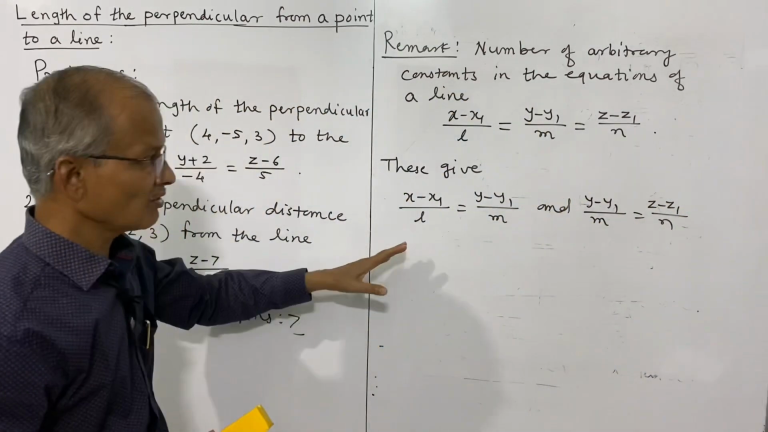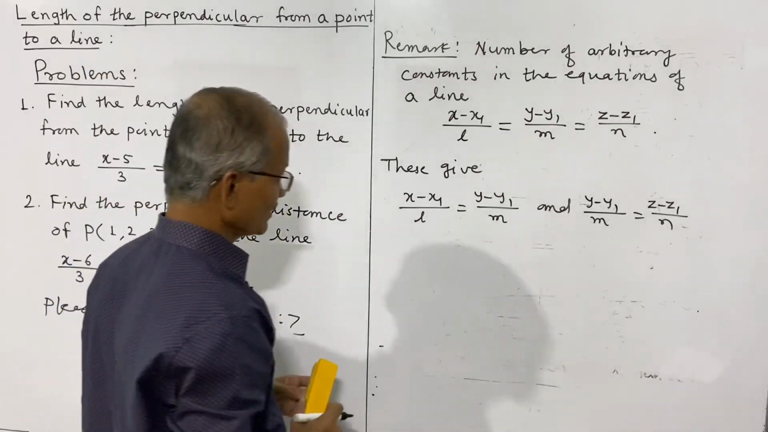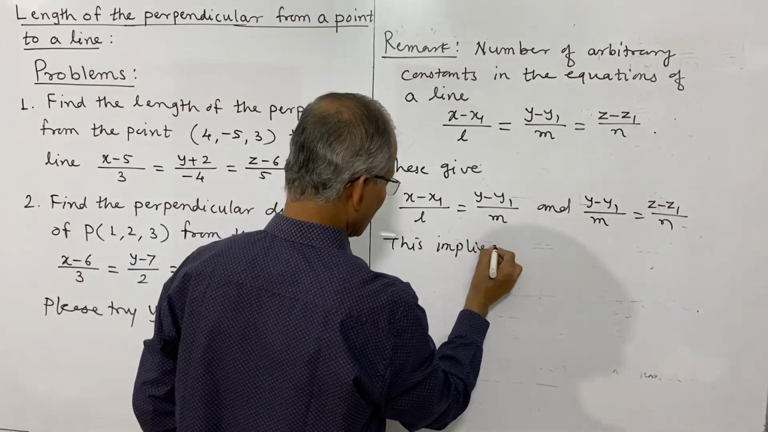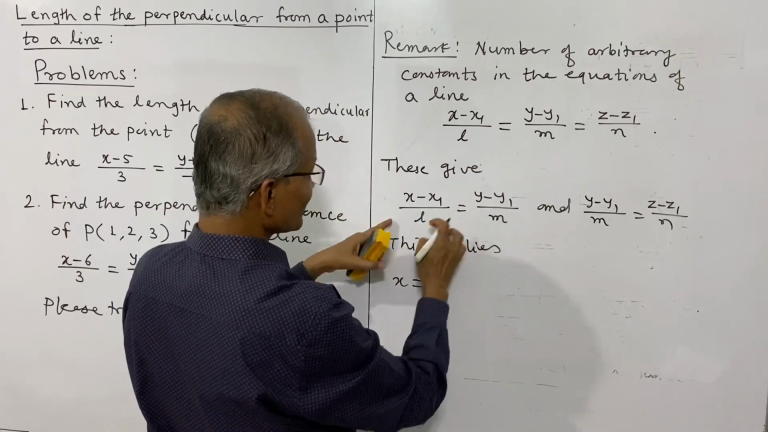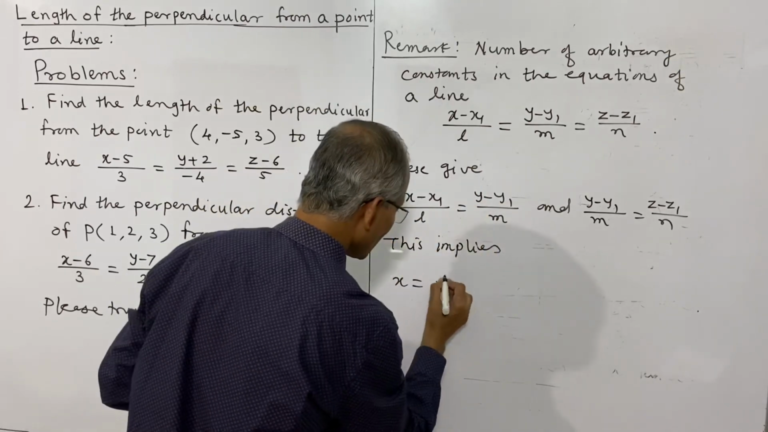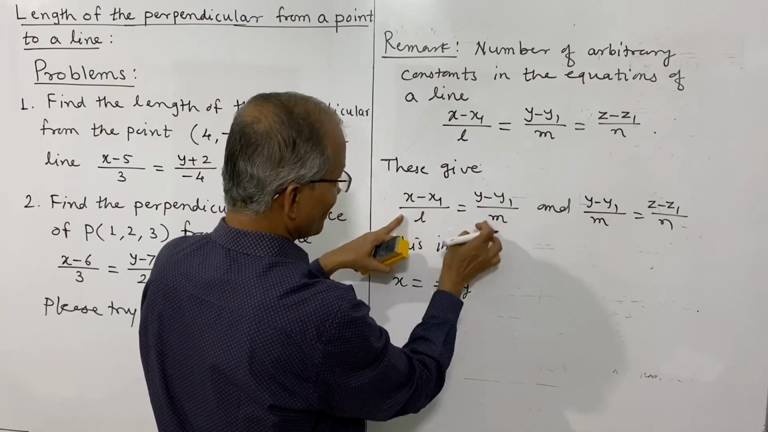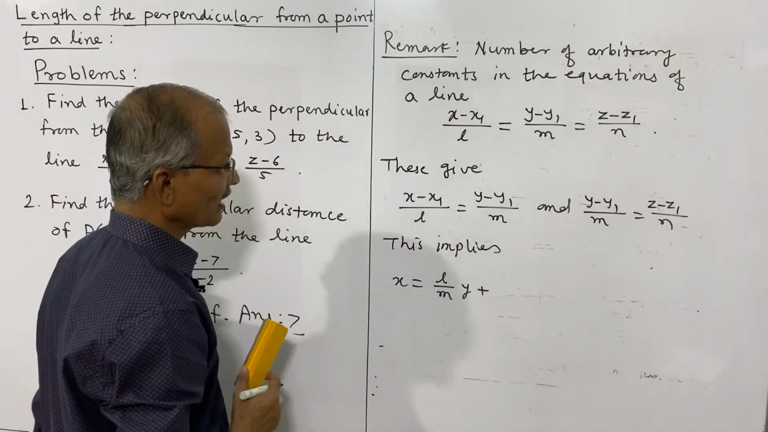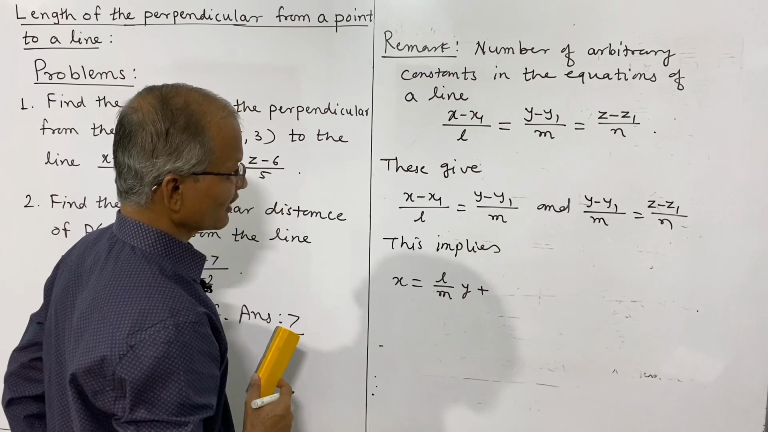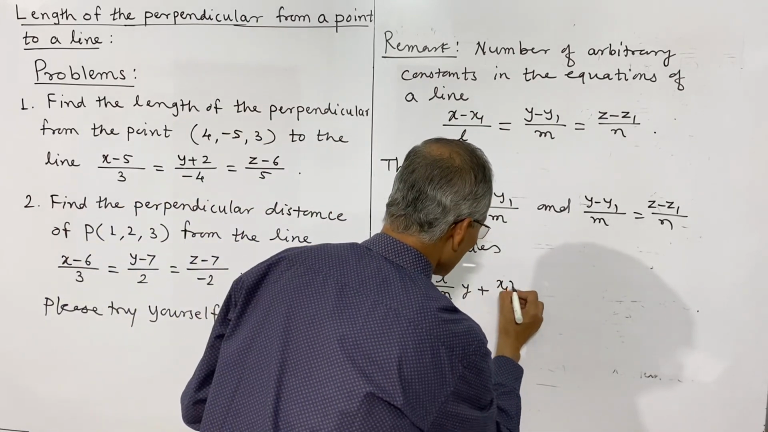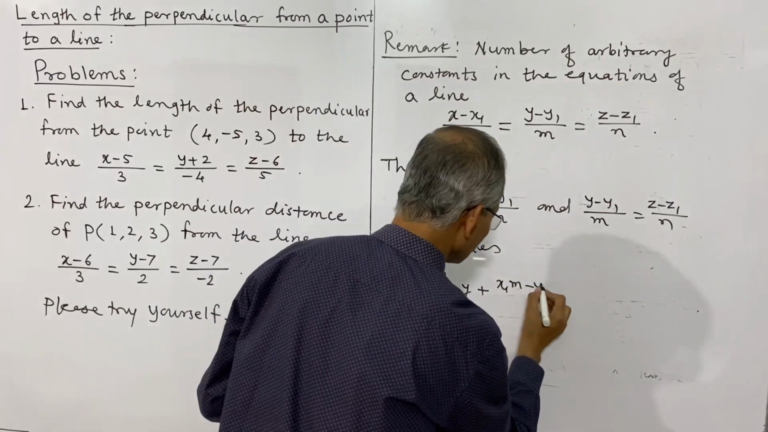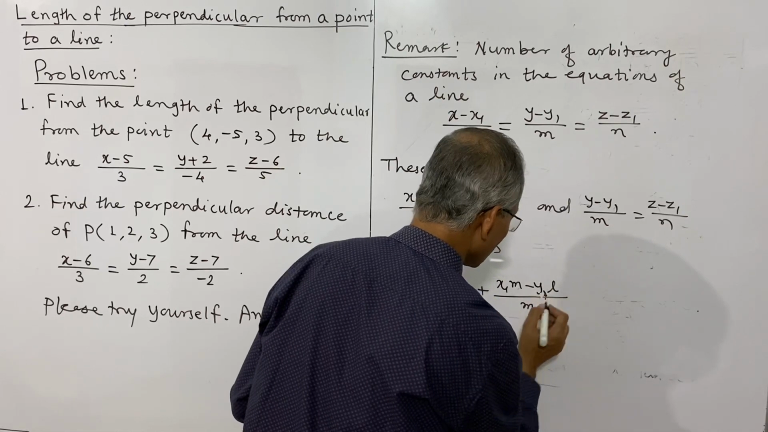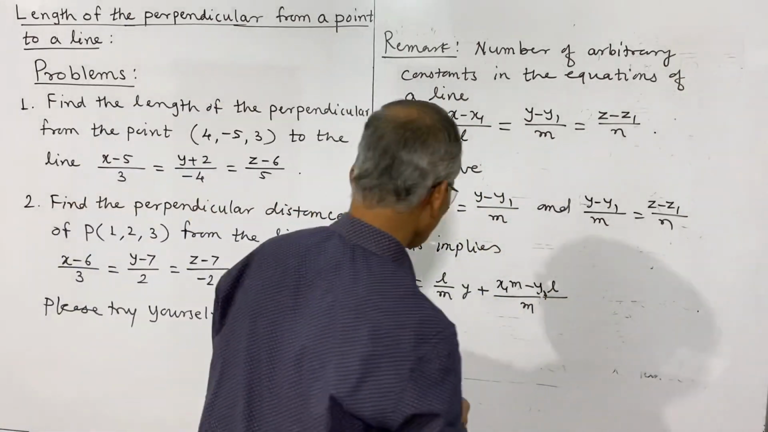From this, we can obtain the value of x and y. So this implies x is equal to, now we transfer this l to the other side, that will be l upon m into y, and next this x1 is also to be transferred to that side, and that will be plus x1 m minus y1 l divided by m. This is the value of x, and y is,